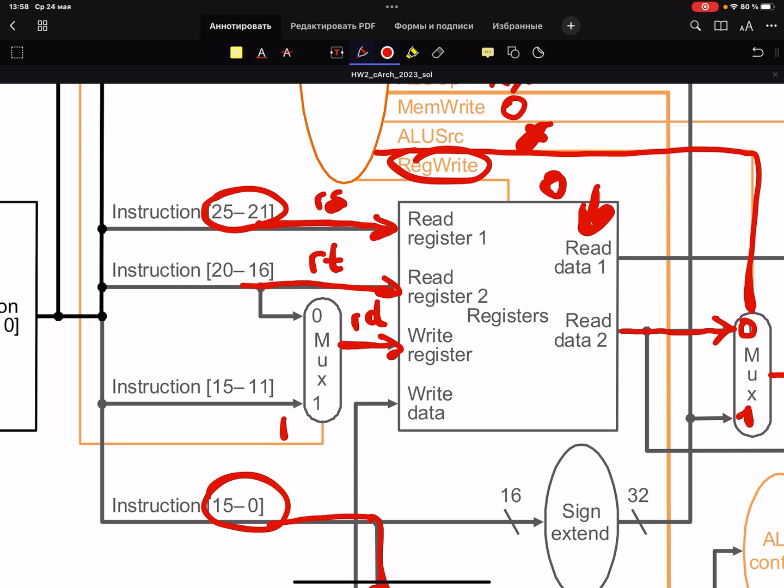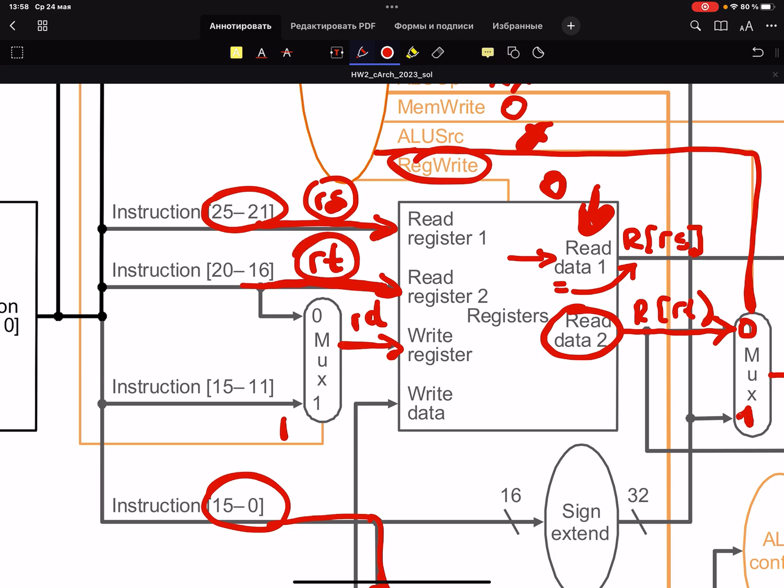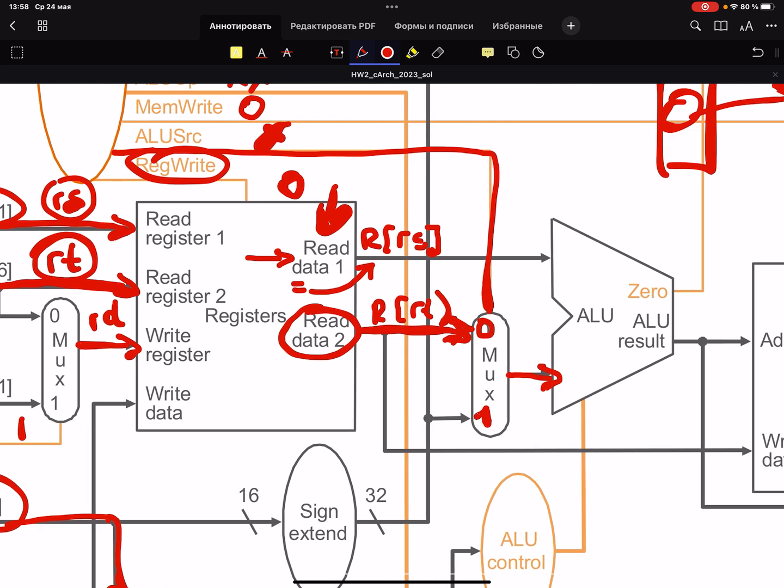So this combinational block, what does it do for you? This block puts the value of the register with index RS, which equals read data 1. And this one equals the register at index RT, because we gave it index RT. This magic block gets the value of the register at index RT and puts it here, which is finally